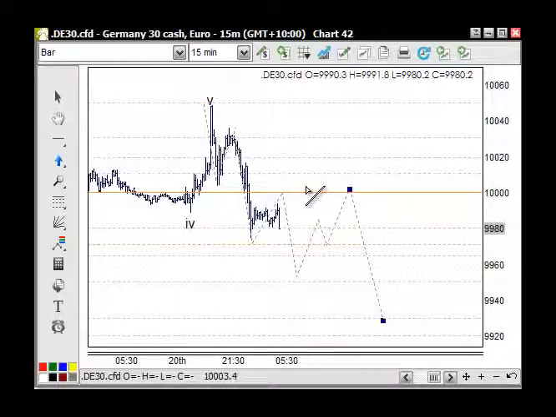Look, if I'm wrong and there's really good support on 10,000, we'll then look to get in on 10, 20 and 30 to the upside here. But as it stands, we're looking for a larger wave 4 to move down, and this can just be the beginning of it. But we do need to see an impulse wave here first to confirm that.